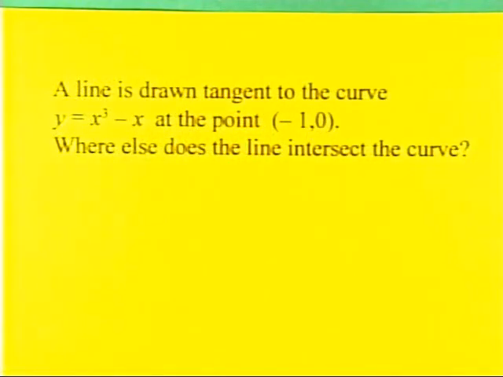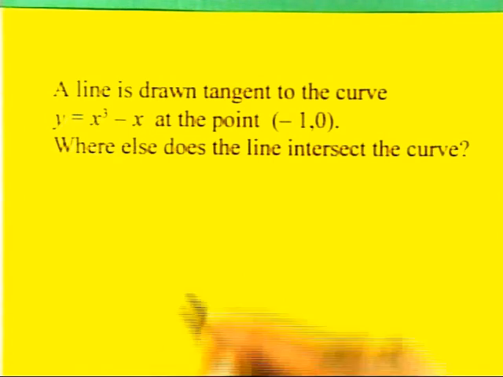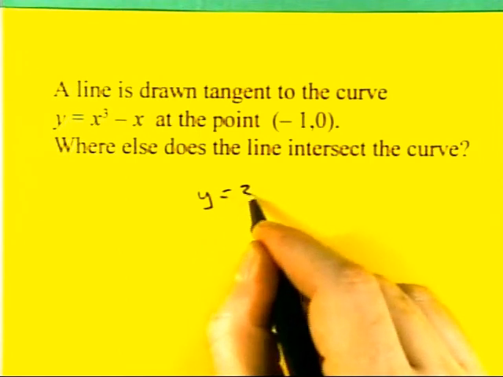Wow, okay. A line is drawn tangent to the curve y equals x minus x cubed at the point -1, 0. Where else does the line intersect the curve? Oh, I can do that. First thing we're going to do is take the derivative, which is 3x minus 1. We're going to find it at -1. So we take 3 times -1, -3,